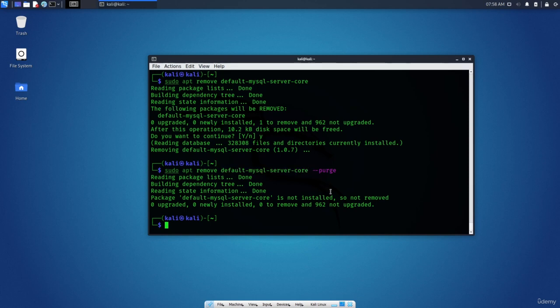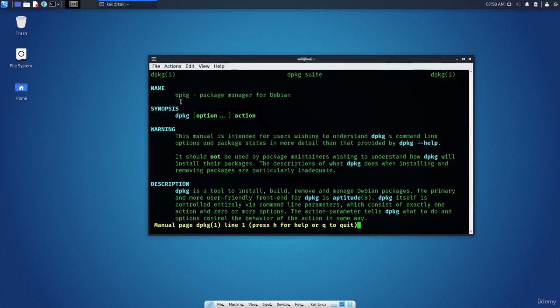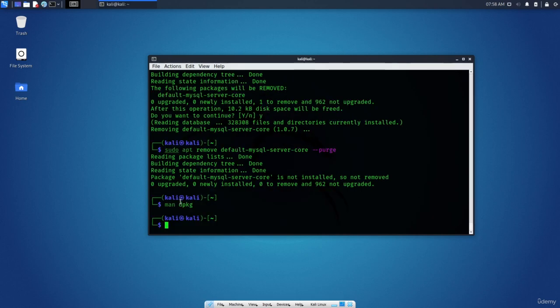Now finally, we have another thing, which is dpkg. This is a command not using apt. If I type it here, this is the package manager for Debian. As you can see, d means Debian and pkg means package. All right, so sudo dpkg, we will use -i, which means install, and put the name of the package, for example,